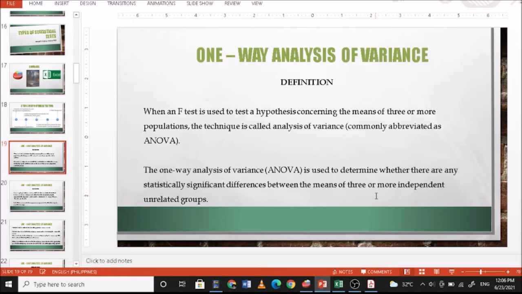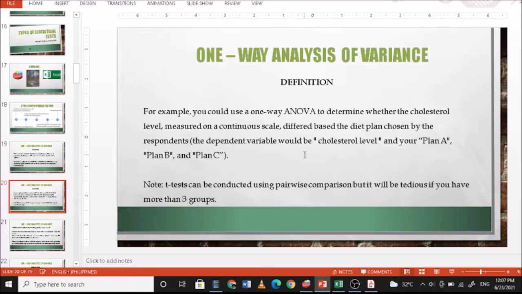So it's one step higher from your t-test for independent samples, which tests for significant differences between two groups. For example, you can use one-way ANOVA to determine whether the cholesterol level, measured on a continuous scale, differs based on the diet plan chosen by the respondents. So the dependent variable would be your cholesterol level, and the independent variable would be the diet plan chosen by the respondents, say plan A, plan B, or plan C, since there should be at least 3